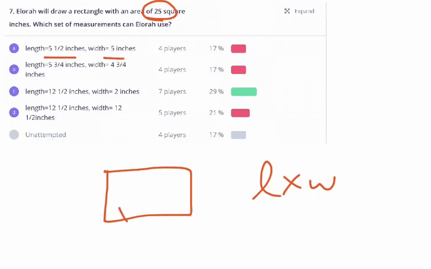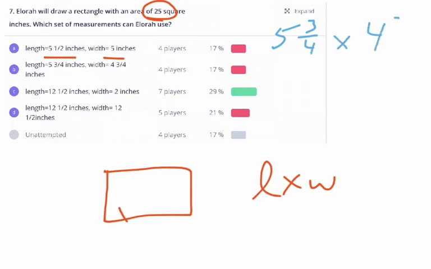Well, I could work it out and go ahead and change the 5.5 to an improper fraction, but I know that 5 times 5 is 25. So if you had that extra half, even if you multiplied it by 5 as well, you would still get more than 25. So on the next one here, we have 5 3/4 and 4 3/4. So I'm not sure about that one. So 5 3/4